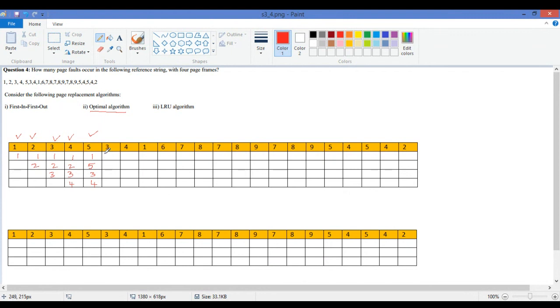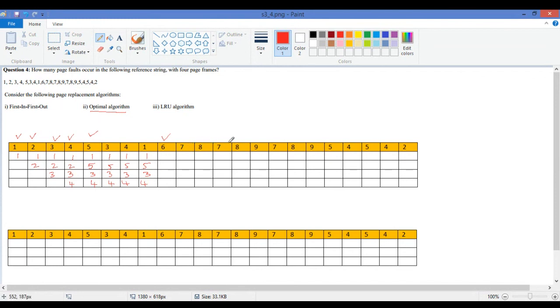Next, you see, because in the future you have 3, 4, 1, 3 is already there, 4 is also already there, 1 is also already there. So I don't get any page faults for the next 3 page references. So I just repeat up to here: 1, 5, 3, 4. But when 6 comes, 6 is not there, there is a page fault. Okay. When there is a page fault, again you look into the future, you see 7, 8, 9 should not be replaced, but you don't have any one of them, 7, 8, 9.